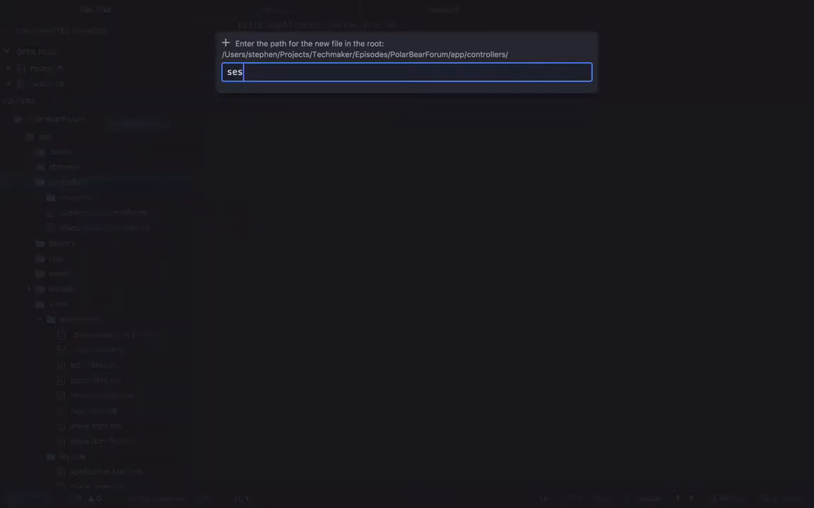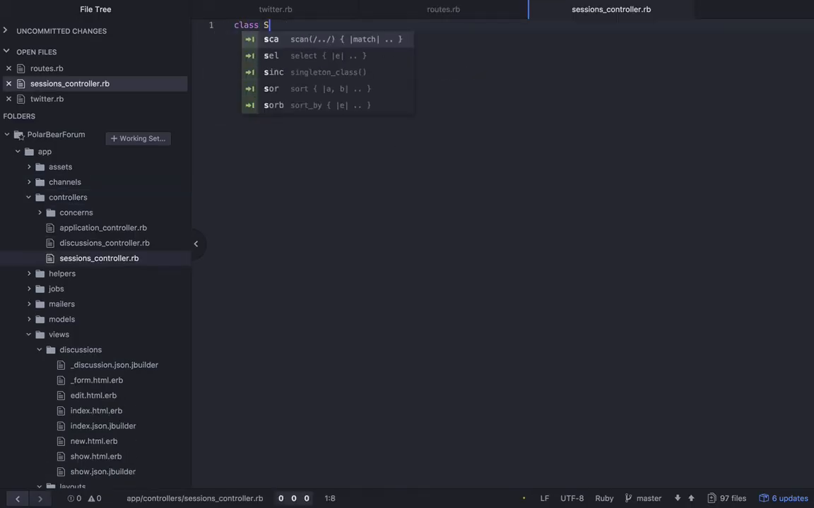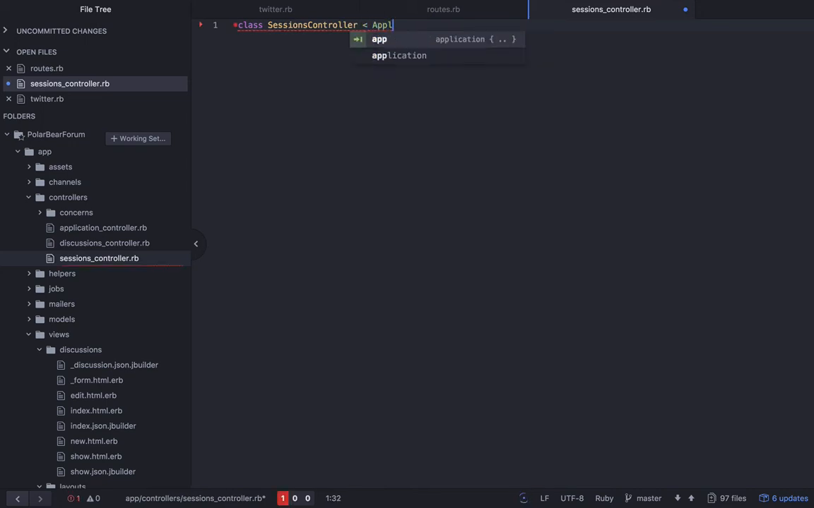So let's set up a sessions_controller.rb. We'll say class SessionsController. We need to inherit from ApplicationController. And in here, we're just going to define new. Alright, so